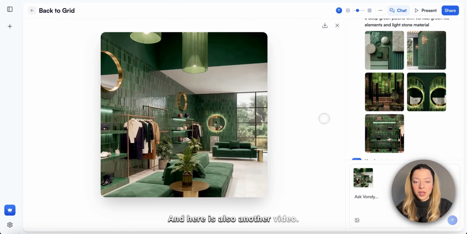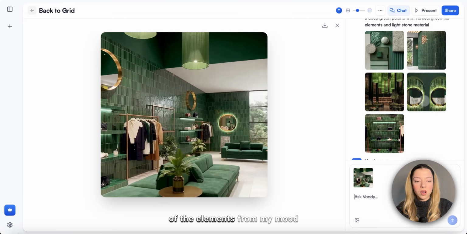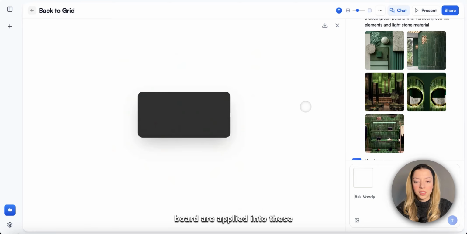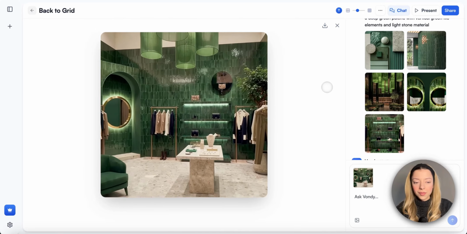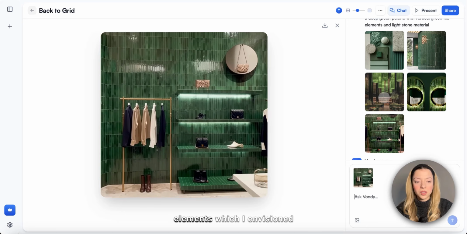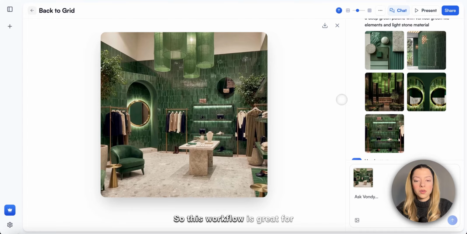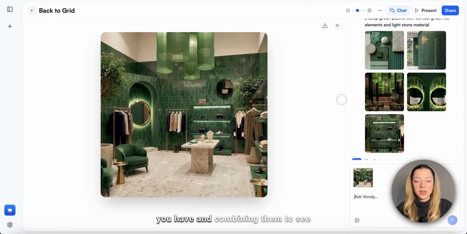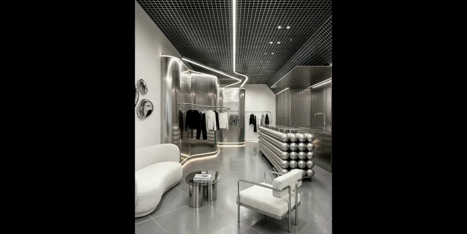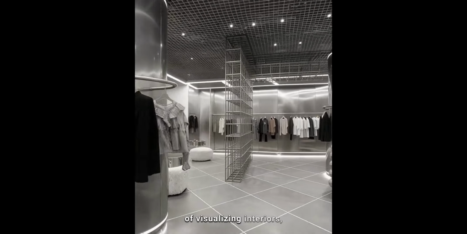And here's also another video. And as you can see, also all of the elements from my mood board are applied into these videos and these results. And it's nice how all of these separate elements, which I envisioned for the concept, come together in one. So this workflow is great for visualizing different ideas that you have and combining them to see how all of them come together. So all of these workflows show how Vondy can unlock a whole new way of visualizing interiors,